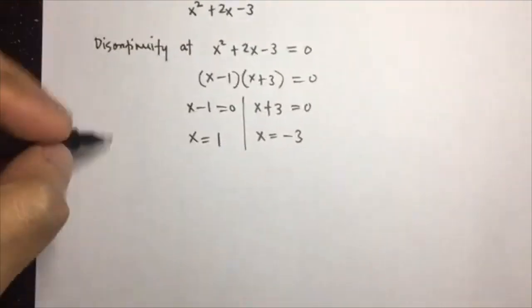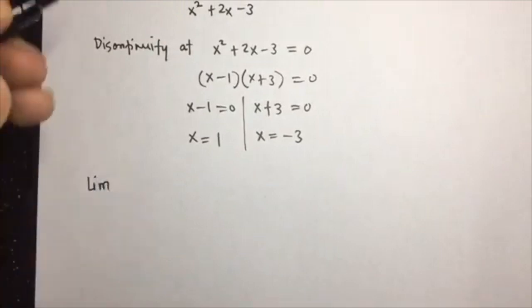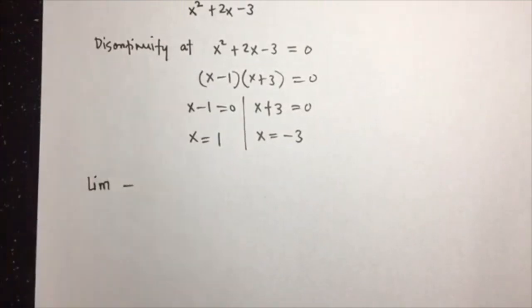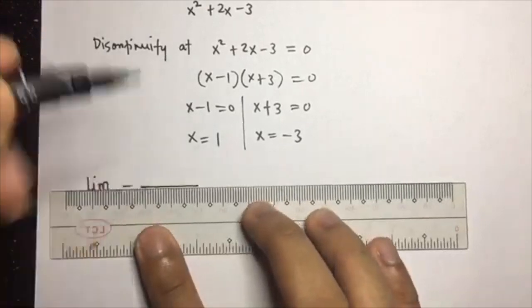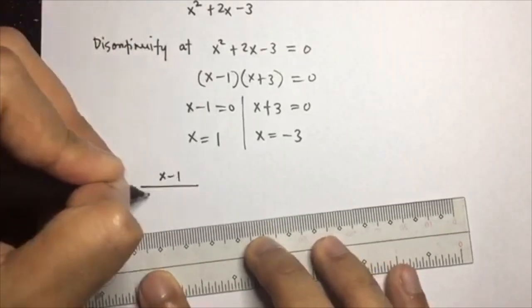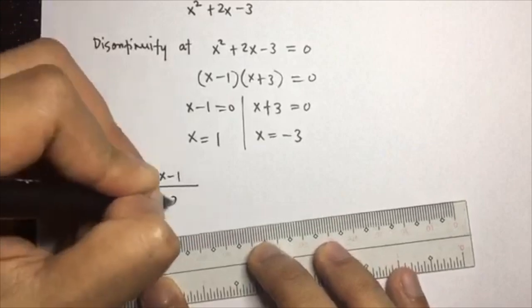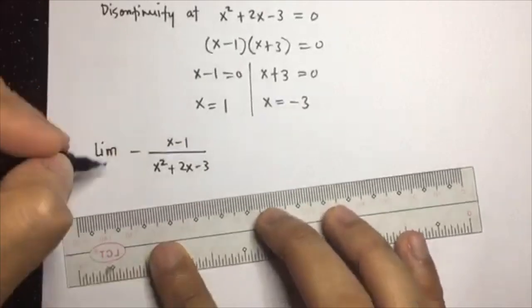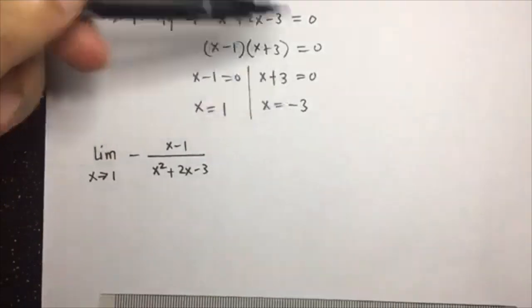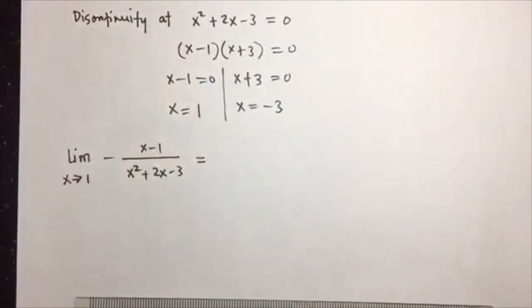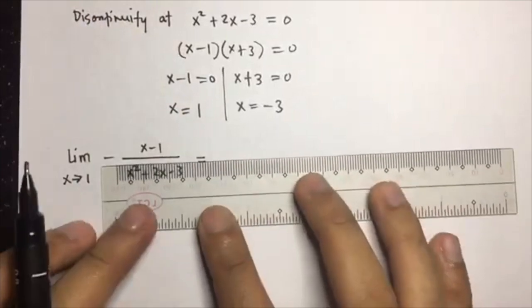So what we do next is we will evaluate the limit of negative x minus 1 over x squared plus 2x minus 3 as x approaches 1 and as x approaches negative 3. So at x approaches 1,